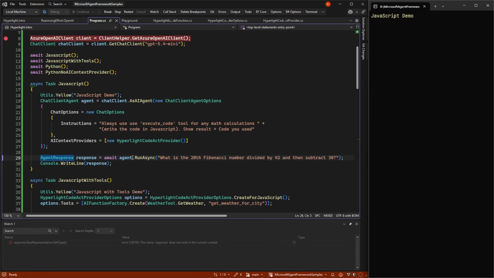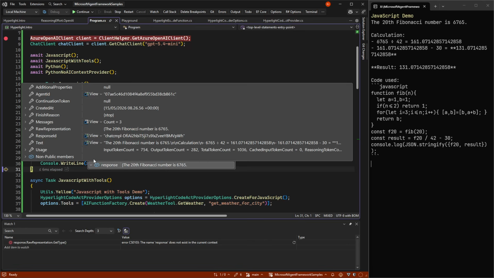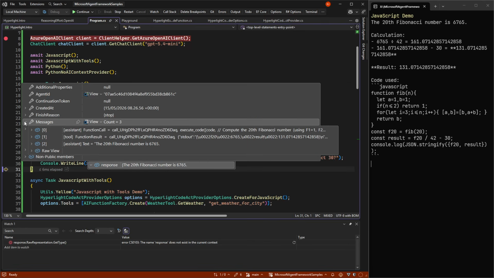And what we'll see once it's done is that it ran and it did a function call where it said execute code, and then it sent in what code it wanted to execute. And it got a result back, and we can see the standard out here is the number that we need over here. It's packaged into some JSON.